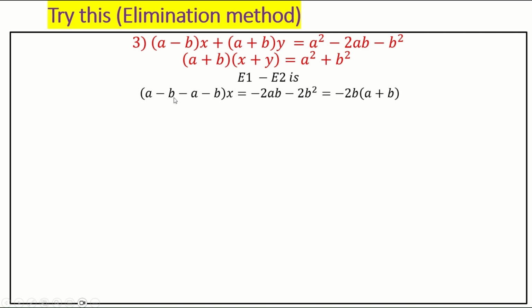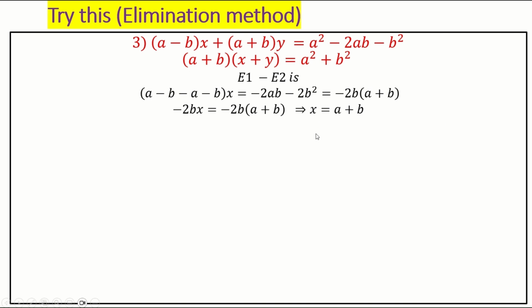What I will get is (a minus b minus b) into x equal to a square minus a square plus b square, a square gets cancelled. So minus 2ab minus b square minus b square, right? Subtracting. So what I will get is minus 2bx equal to minus 2b into (a plus b), which means x equal to